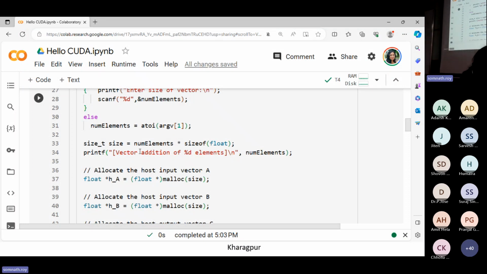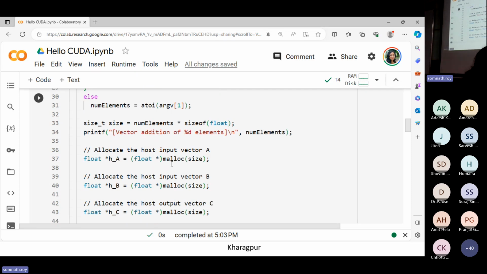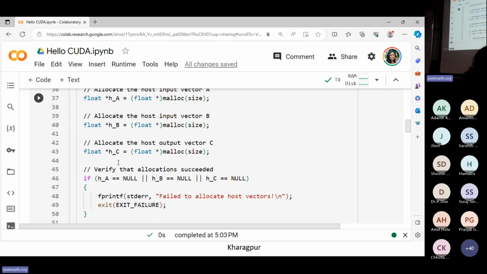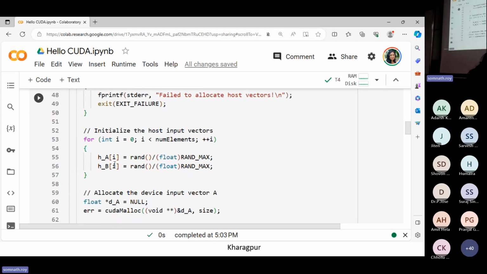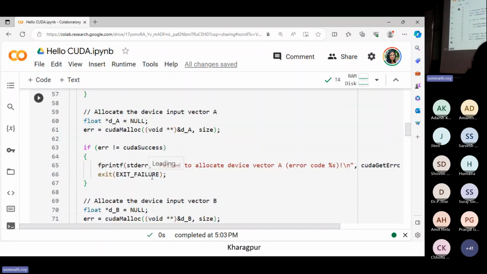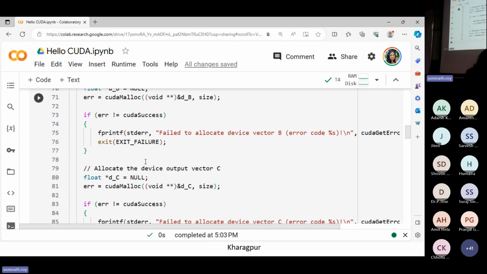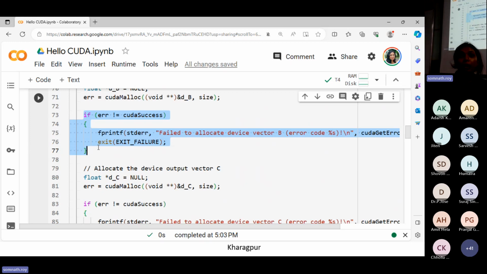So for that, we first allocate in the host space, same as the serialized code. And again, we initialize some random values for vector A and vector B. Next, again, we have to generate space in the GPU. So we used cudaMalloc, and we passed the size and the particular array pointer for A, B, and C. And these are the commands to check that whatever call is passed for the CUDA function has run